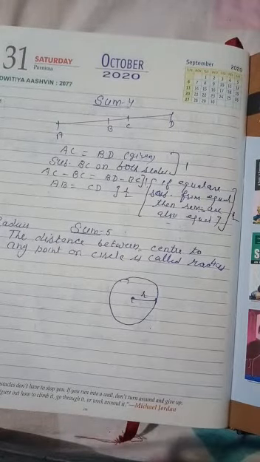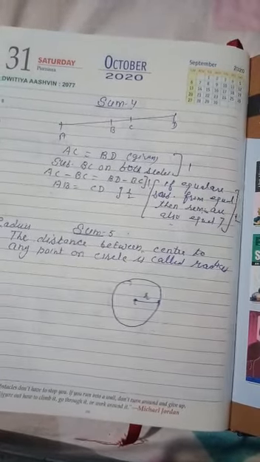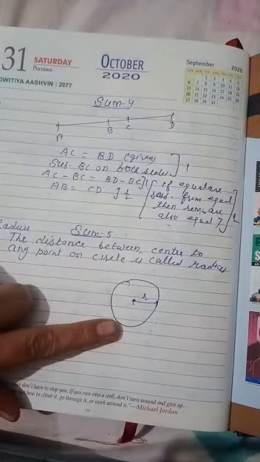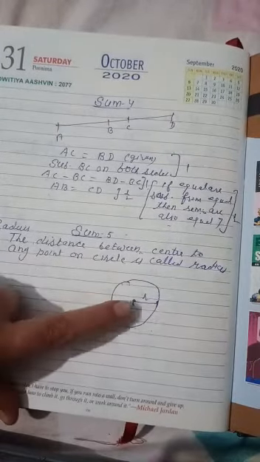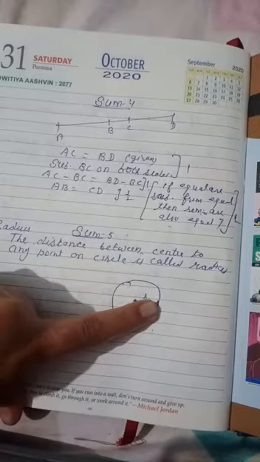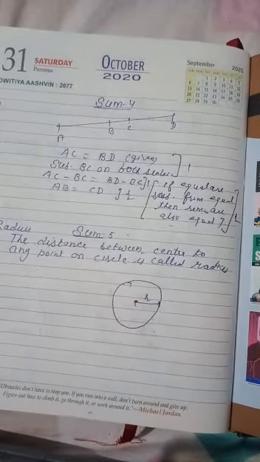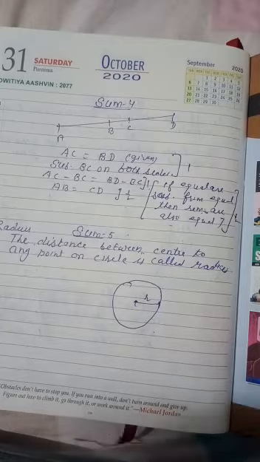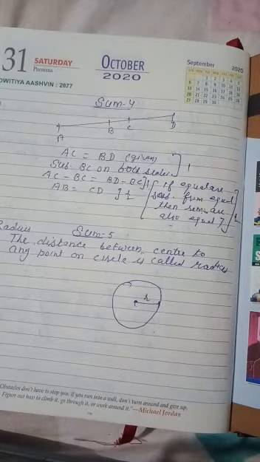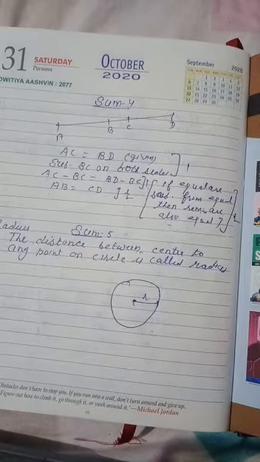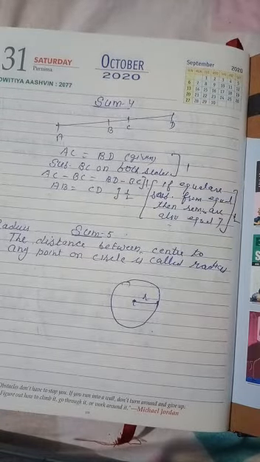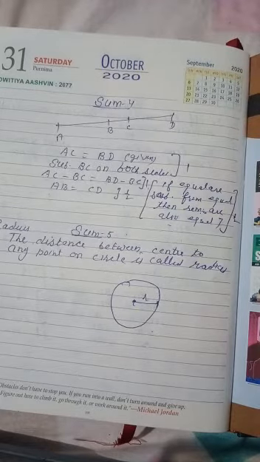Or if you are not showing the complete definition but you are showing the figure, that this is a circle with center O and this line up to the circle is the radius, then half marks can be given. But again I am going to say, if the definition is completely correct, you have to give the full mark. If anything is misplaced or wrong, that is considered a wrong statement. Then if you have drawn the figure, half marks can be given as credit.